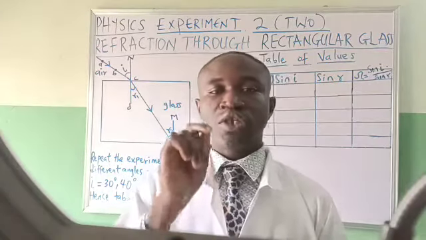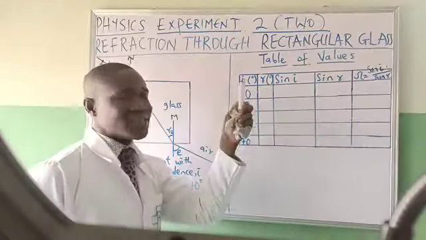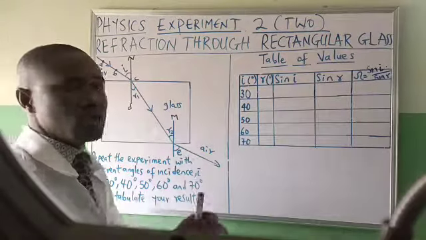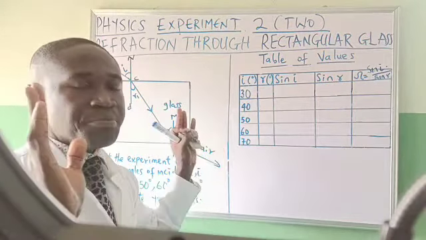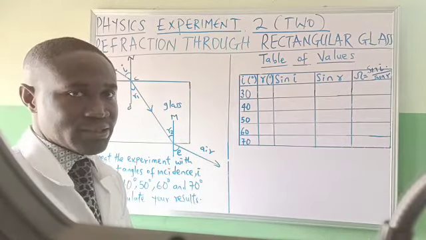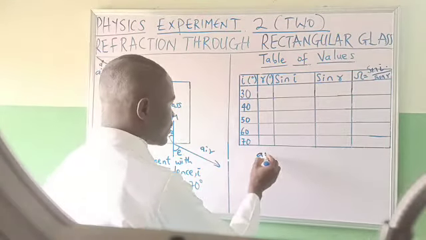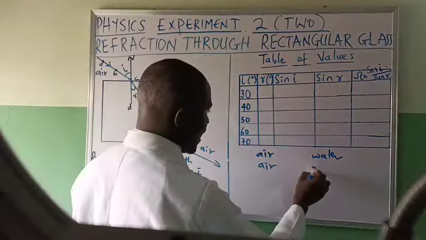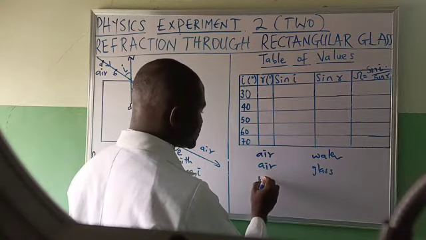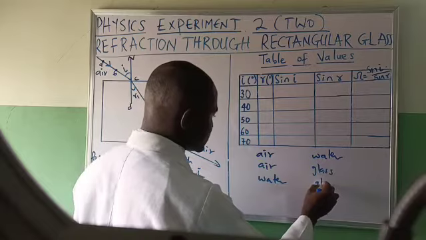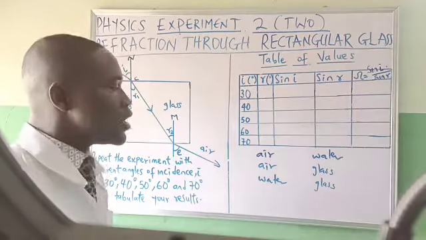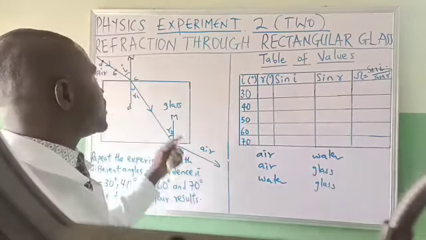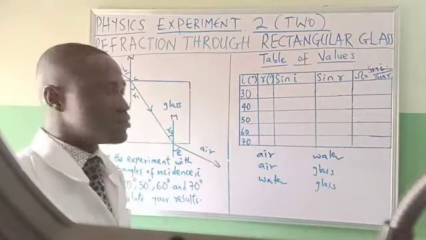In this video we want to discuss refraction through a rectangular glass prism. From the word refraction, it simply means that two media will be involved. It could be air and water, air and glass, or water and glass. Now, when you are talking about air and water, I want you to know that in the topic refraction, when